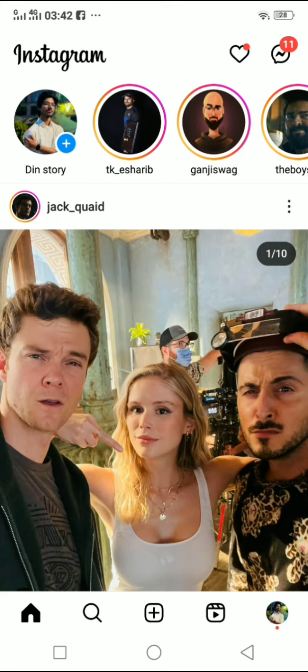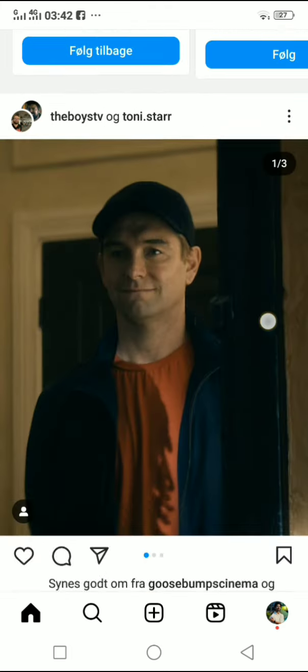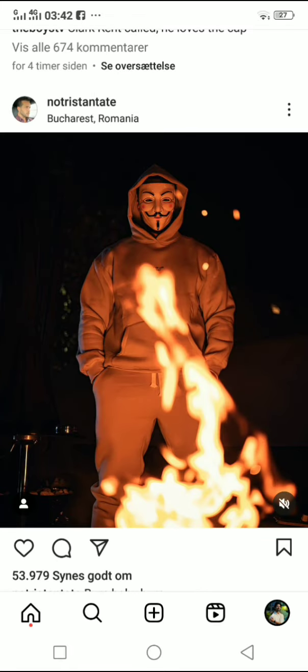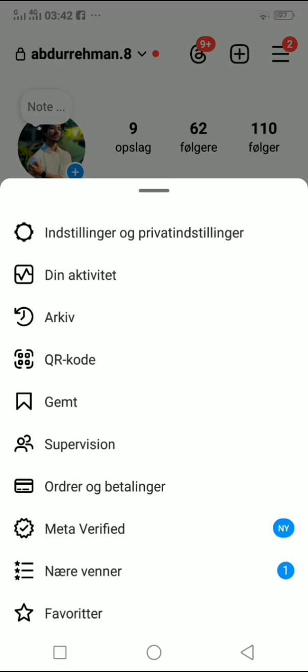and as you can see the language is changed. Click on these three lines on the top right, and there you go. As you can see the language has been changed. I will just click on this first option, the gear icon. Click on this option